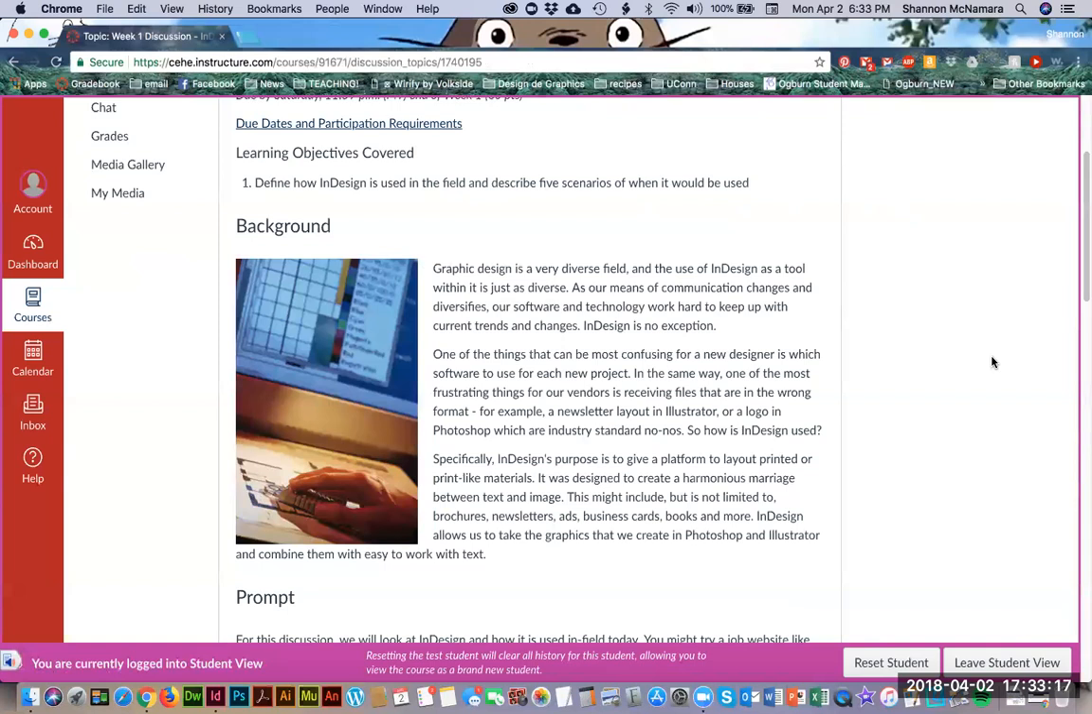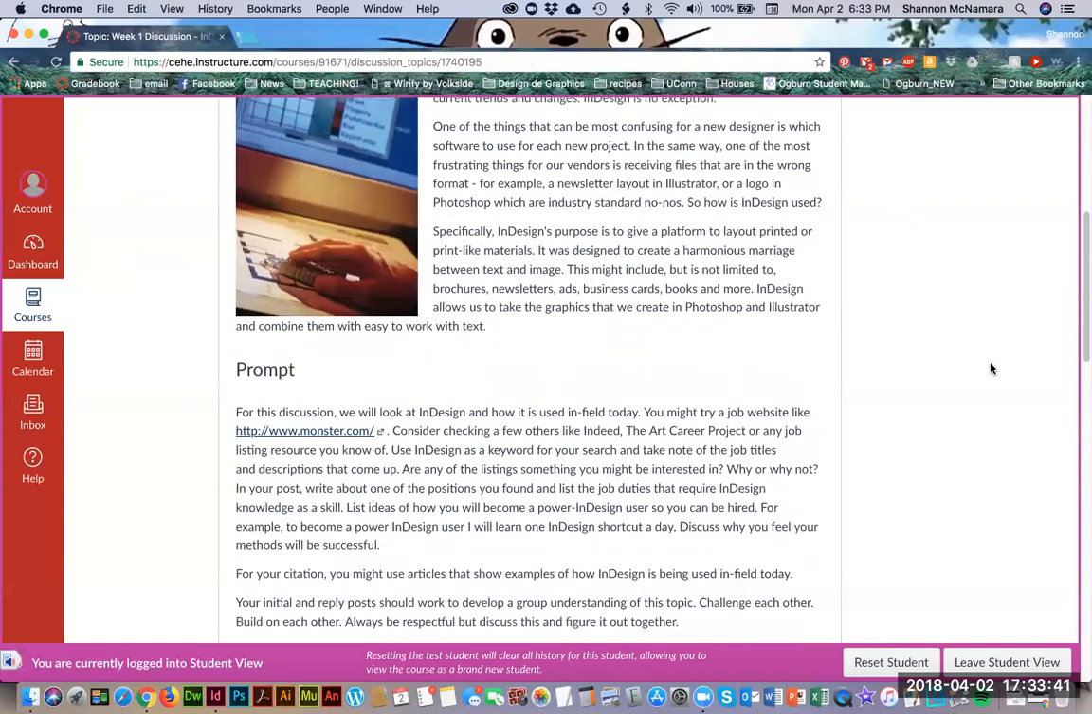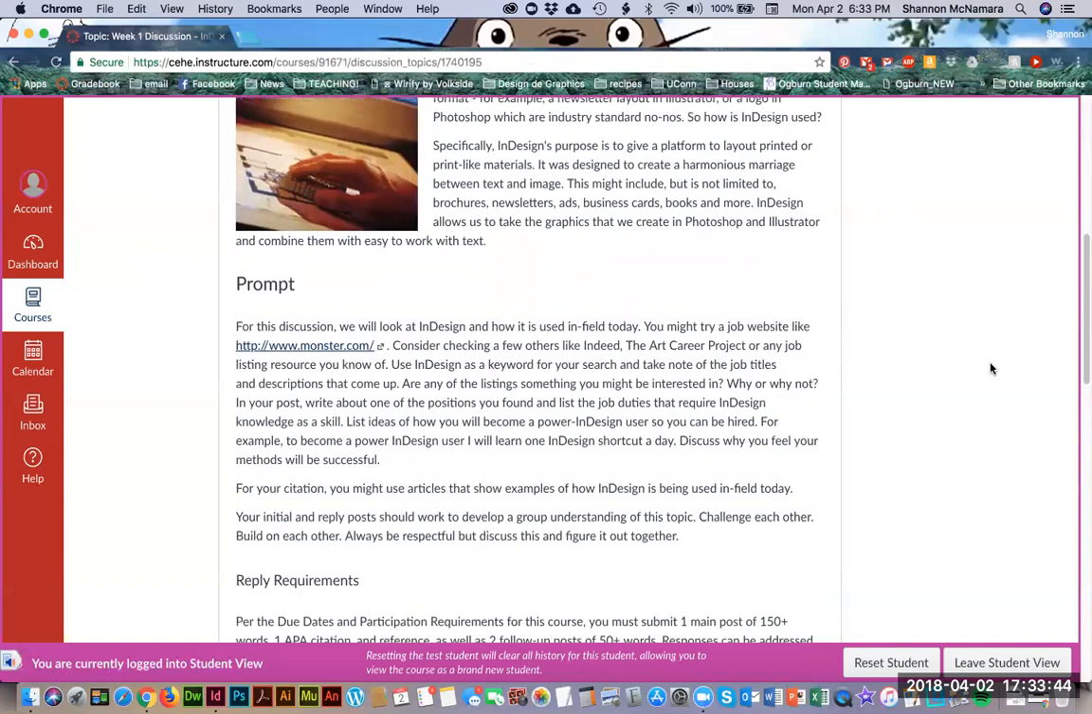Specifically, InDesign's purpose is to give a platform to lay out printed or print-like material. It was designed to create a harmonious marriage between text and images. This might include, but is not limited to, brochures, newsletters, ads, business cards, books, and more. InDesign allows us to take the graphics that we create in Photoshop and Illustrator and then combine them to work easily with text. So for this discussion, you need to look at InDesign and how it's used in the field today. In the field means, if you're a graphic designer, working at an agency, working anywhere really,